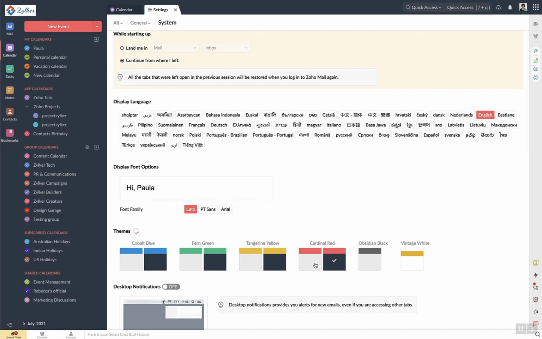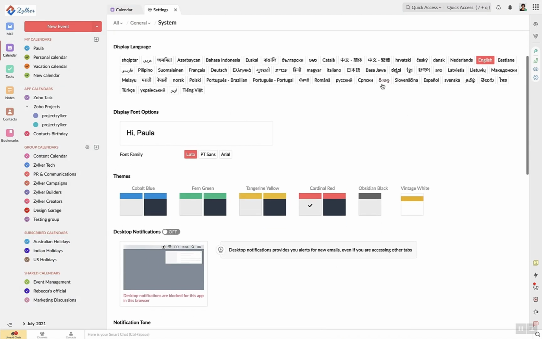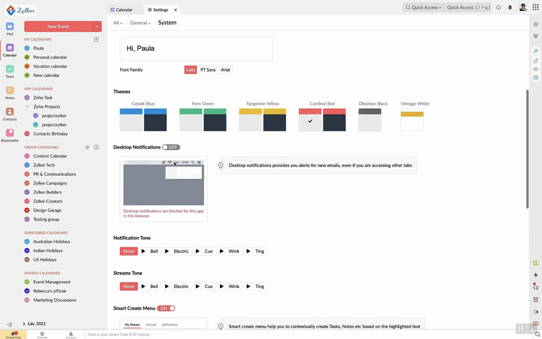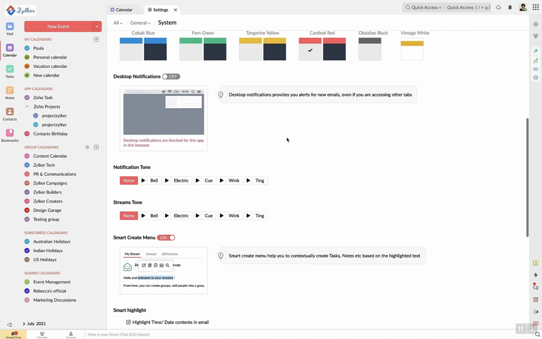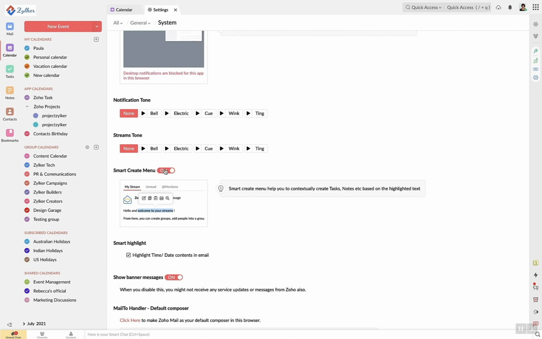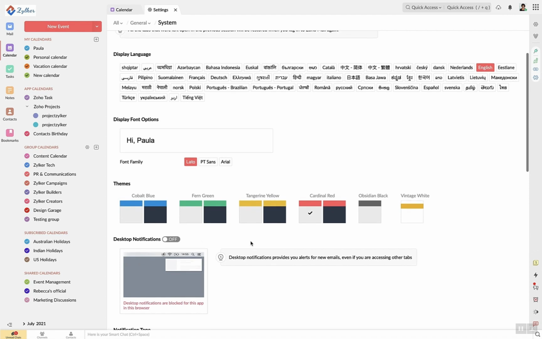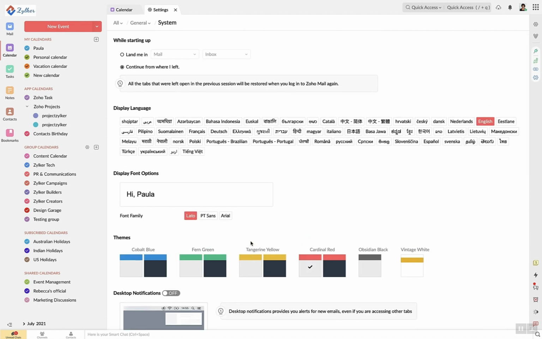You can change the theme to however you like under the system settings. You can also choose the display language among the 50 plus options available. You can enable or disable the desktop notifications, set your own notification and streams tone, enable or disable the Smart Create menu, and so on. I highly recommend that you explore the settings and have fun with your mailbox. Now that's done,